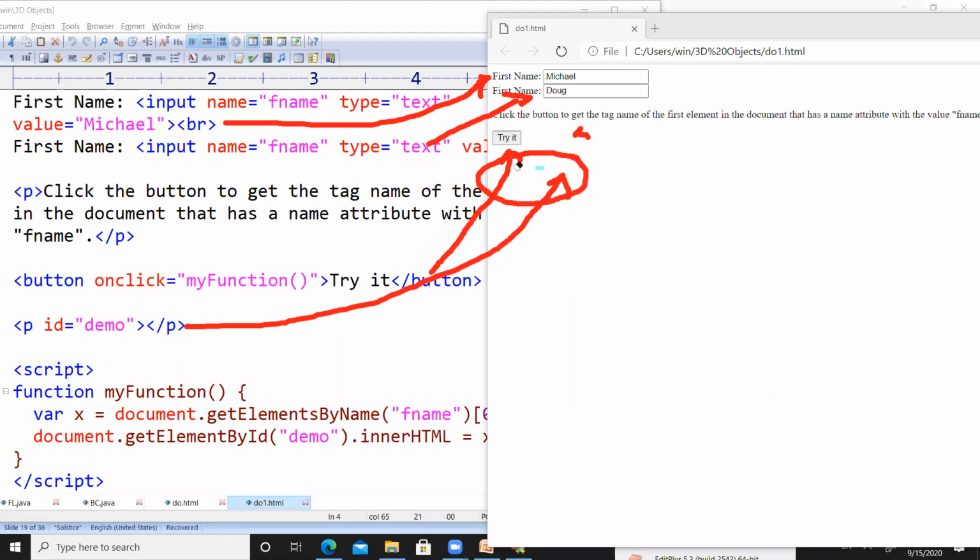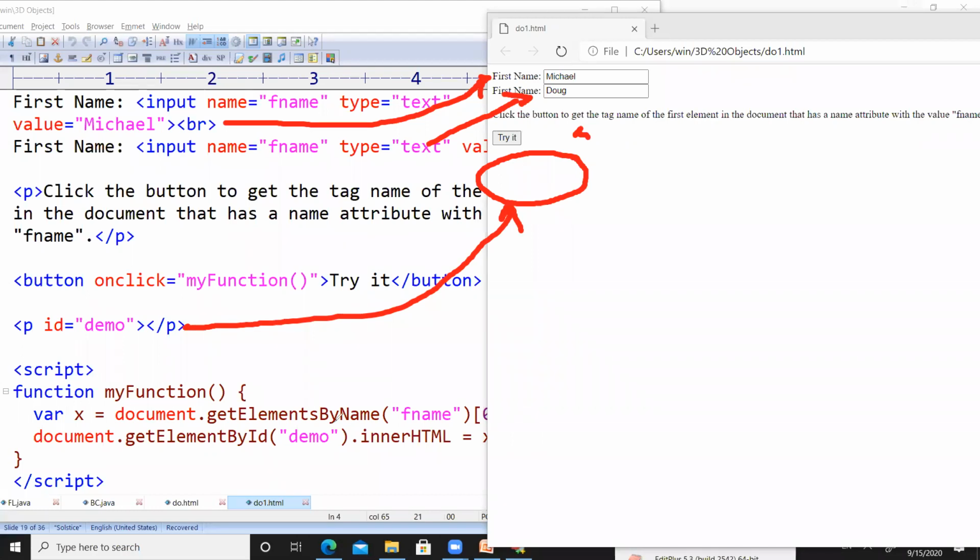It does not contain anything. Actually, the output of this paragraph will be in this particular area, right? In this empty field, the output of our program will be displayed. This empty field is the output of this paragraph tag.